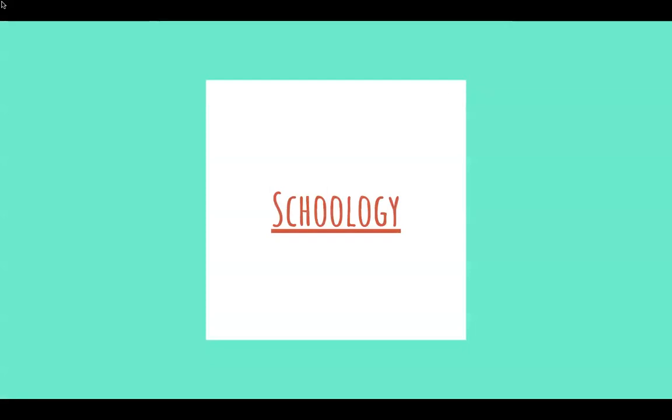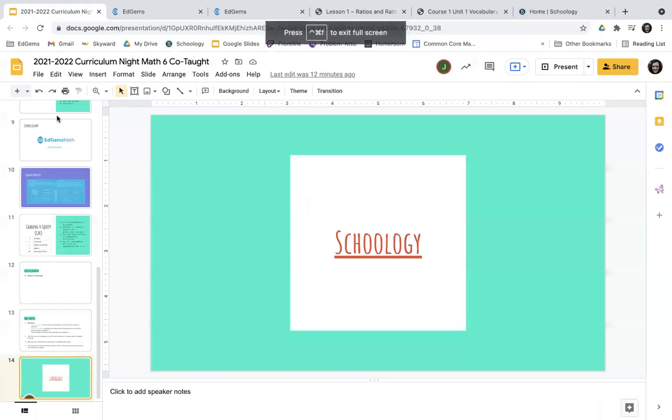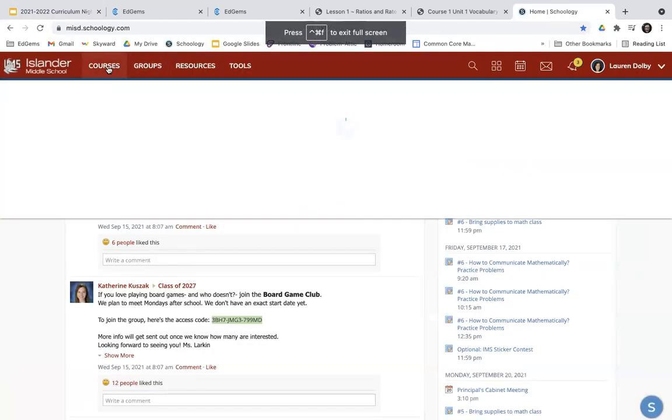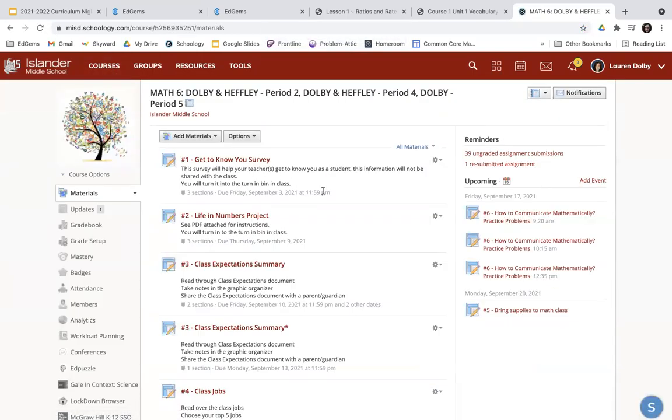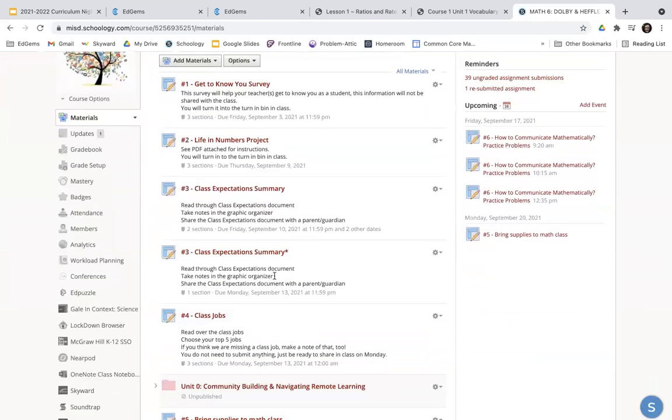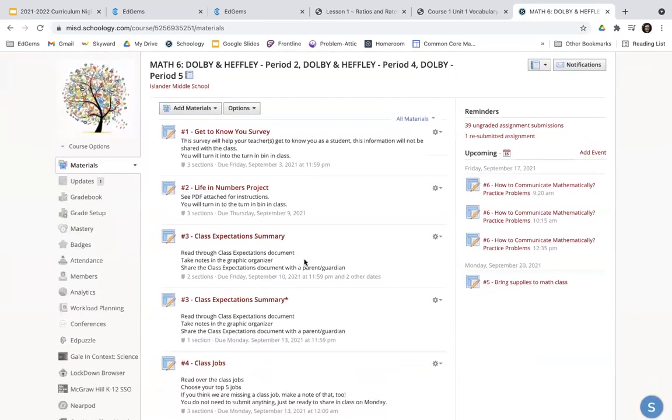Speaking of Schoology, we'll take you to our Schoology page. All of the assignments will be posted to Schoology, and as you can see, directions are given. And in a specific assignment, students will also have any links or documents needed for an assignment. Often those